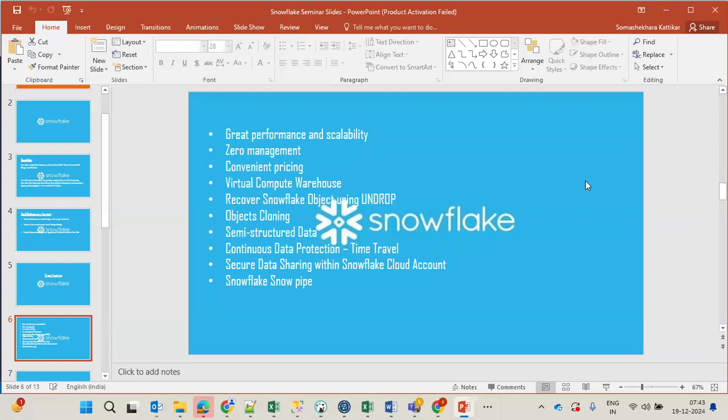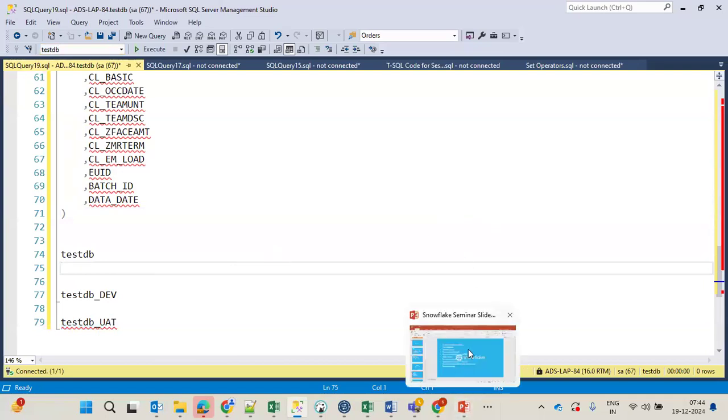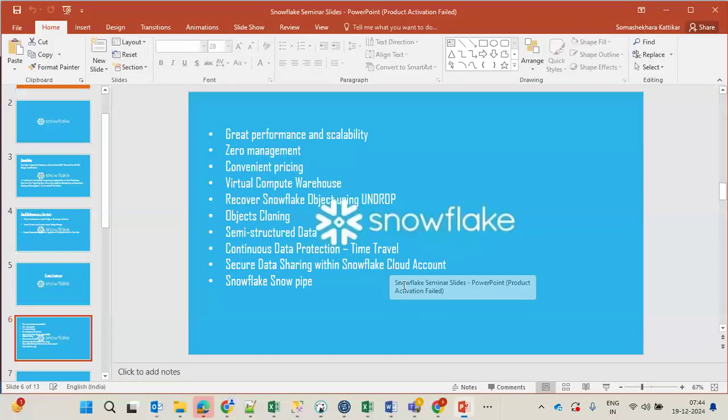What about the data? What about the objects? Everything actually. We have to create the data, we have to create the objects and all those things, in two different instances. Else, what you need to do is take a backup of this database and then restore a copy of it here and also restore here. So backup and then restore, backup and then restore. That is a multiple process, yes or no? Yeah. So to cut down that process, in Snowflake you have a concept called